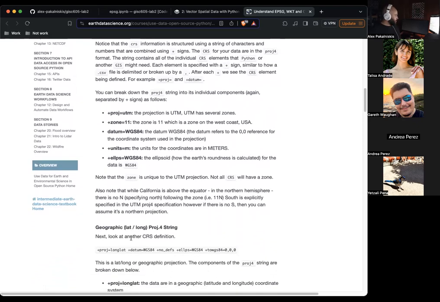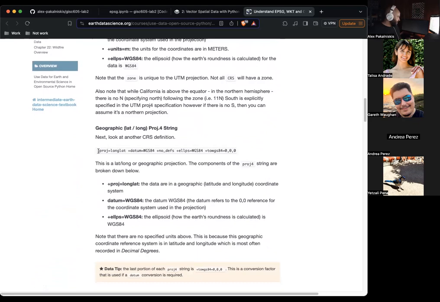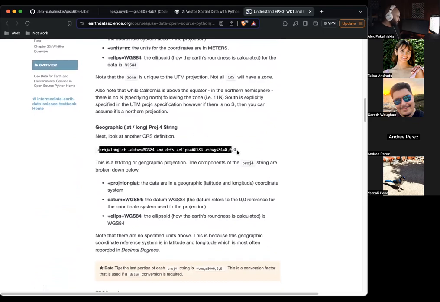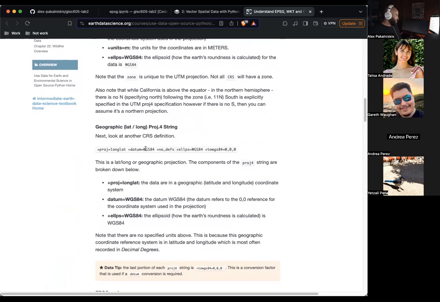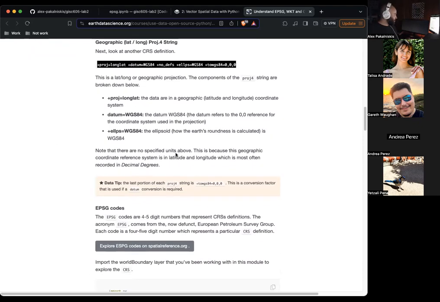Secondly, we can pivot to the geographic proj4 string. Again, it's pretty verbose. It makes sense: longitude, latitude, datum, the ellipsoid, which I think is the definition of the shape of the Earth. But you can see how it's a lot of information that you can mess up when you're specifying. And so if there was an easier, more concise representation of the same thing, that would be super useful.